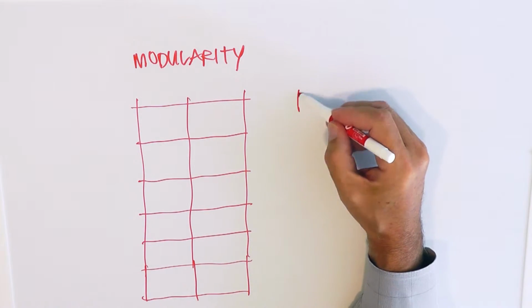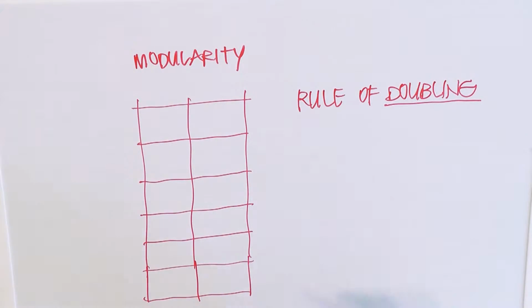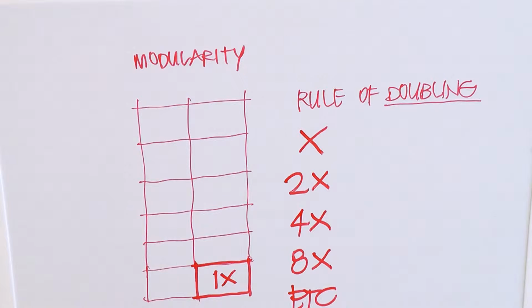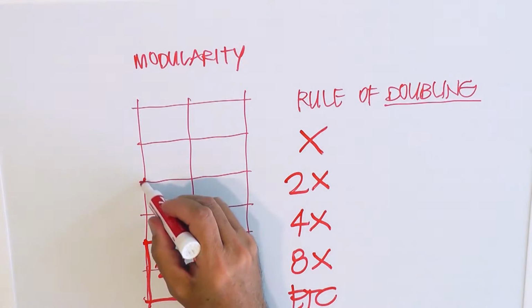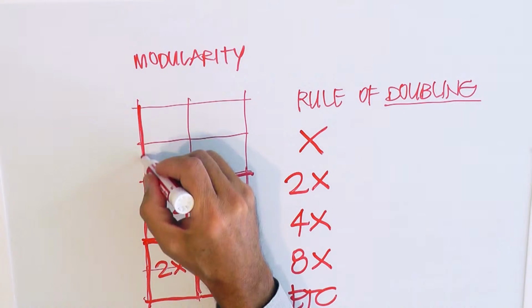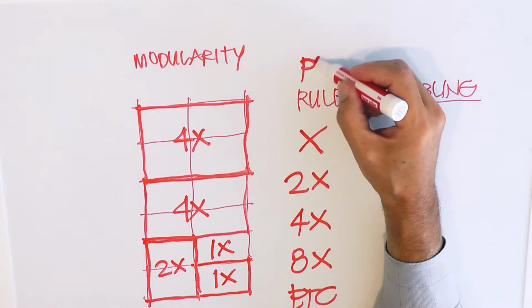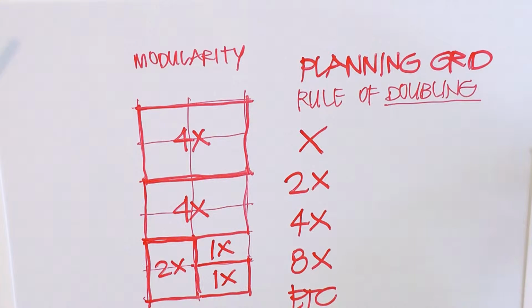Now, another important aspect of this is that we like to use what we call the rule of doubling. That means the smallest unit of space, most people have roughly a 5.5 to 6 foot wingspan. That's a very good starting place. You've got to have modules that essentially nest with each other. So a single module, the double module, so 1, 2, 4, 8. If you use that logic and you say all the spaces that we may have, whether they're open or closed, are going to follow that logic, then I have pieces that are completely interchangeable with one another.